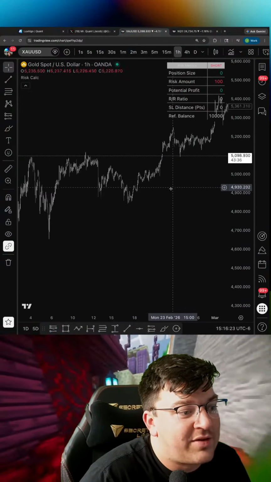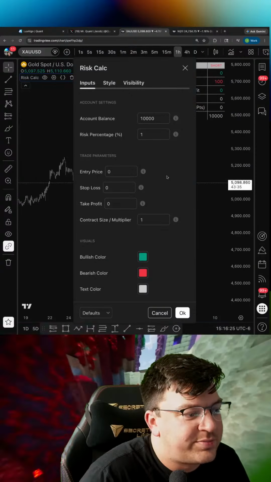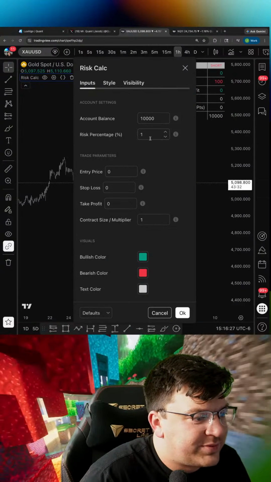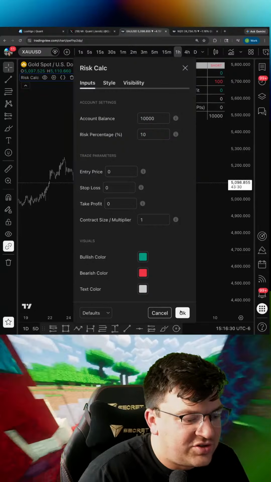Supposedly, you can pull economic events. I did not know that, which is really cool. I guess you just pull it from the calendar. Risk percentage 1. I don't know. Let's say 10. So this is just a